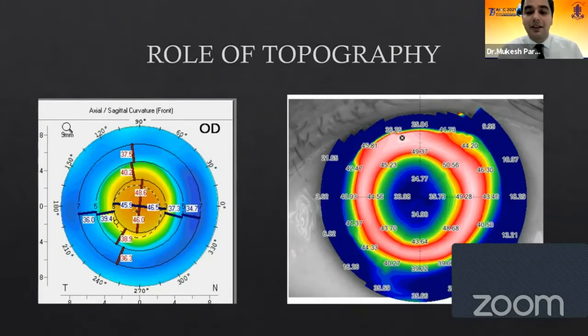Now, if I have a really flat cornea like this on the right-hand side, this is a myopic LASIK, I would certainly not go ahead with a multifocal IOL, because of such flat corneas and the jump of the keratometry value, which, if you can see, is from 34 directly to 49 in the first outer zone. The patients are certainly going to land up in a problem.